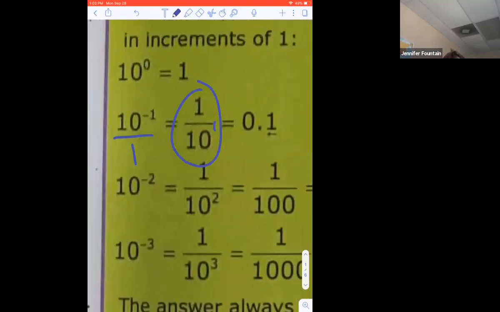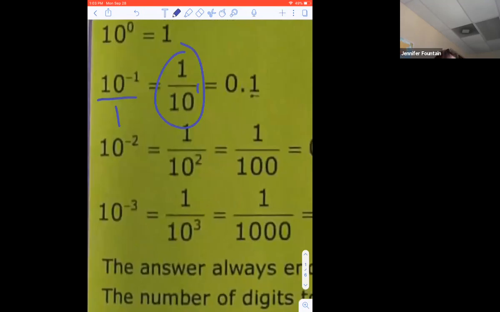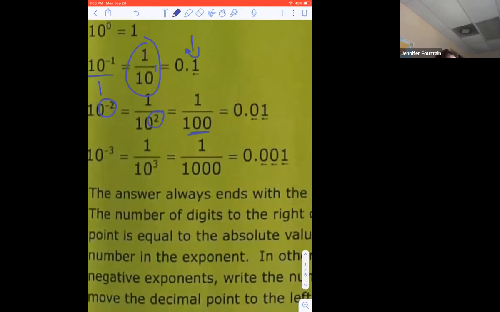So I can write 1 over 10 as the decimal 0.1. Basically it starts with that 1 and my decimal moves one place to the left. 10 to the negative second power, I flip it. My 2 becomes positive in the denominator, so 10 to the second power. 10 squared is 10 times 10, which equals 100. And then I can write that as the decimal 0.01. So whereas our hundredths place is 2 places to the right, a decimal in the hundreds place moves 2 decimals